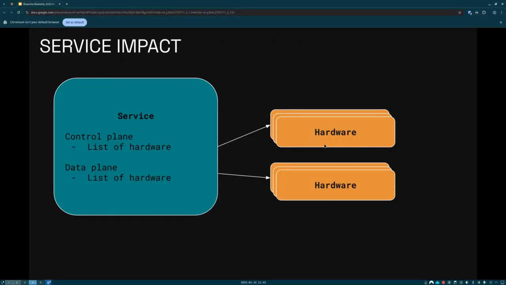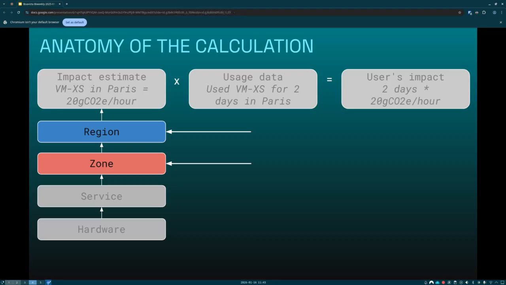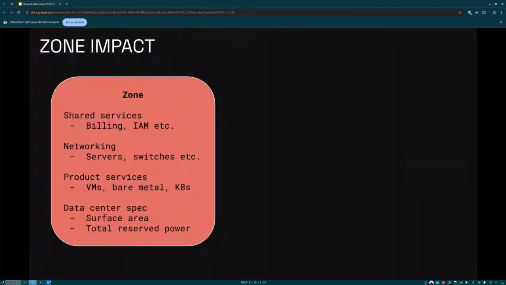Regions and zones now, pretty simple, but more data in a zone. Each zone will have some shared services running in it, like billing, IAM. It will have some networking stuff, some servers, switches, routers, etc. Then it will have the services that serve the products, virtual machines, bare metal, etc. And it will also have some details about the data center itself, the surface area, the amount of power the